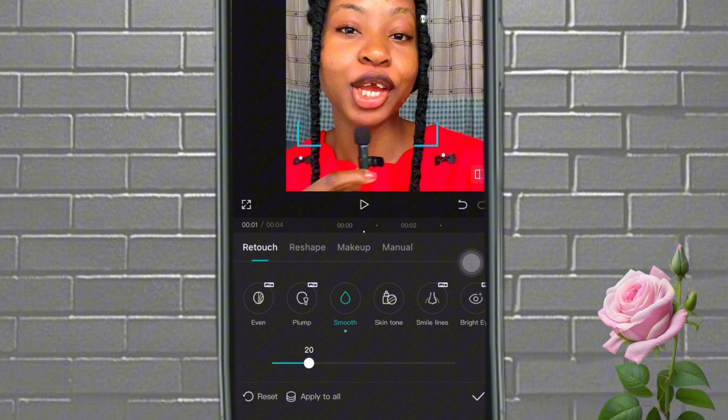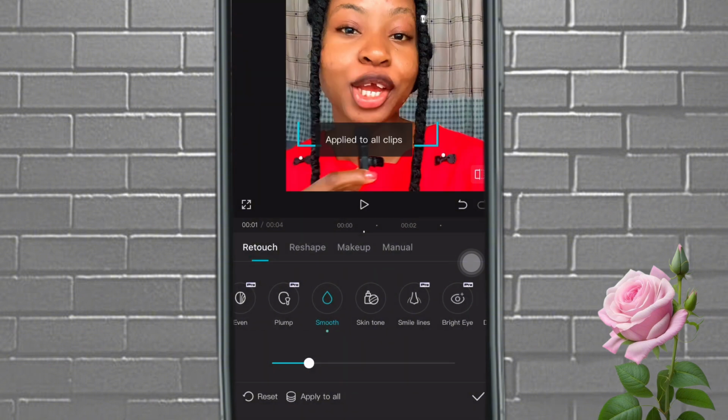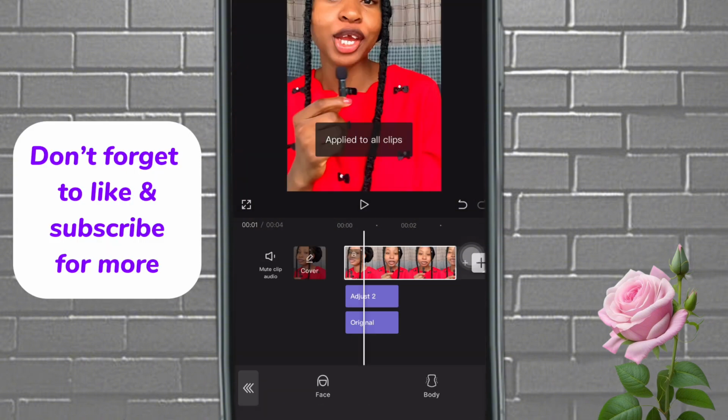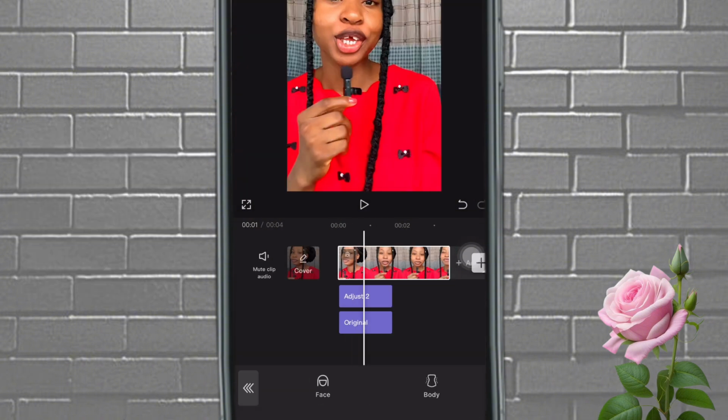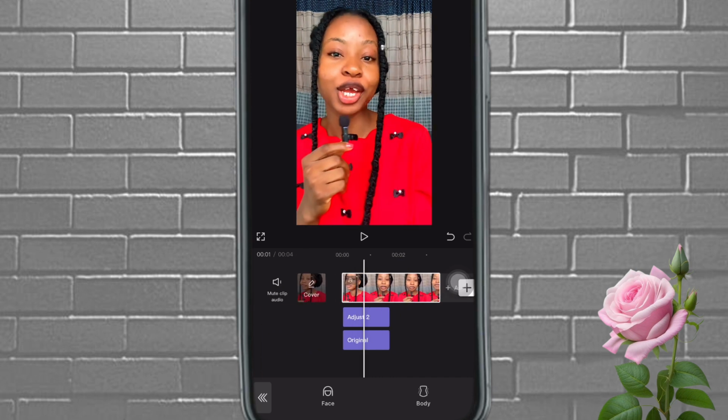You can click on apply to more if you have more than one clip there. Then sometimes I go over to white teeth, right, and then just increase a bit, maybe 40. Apply to all if you have more than a clip. So that's that about that. So this is the first one, this is the second one. So you can see it adds some